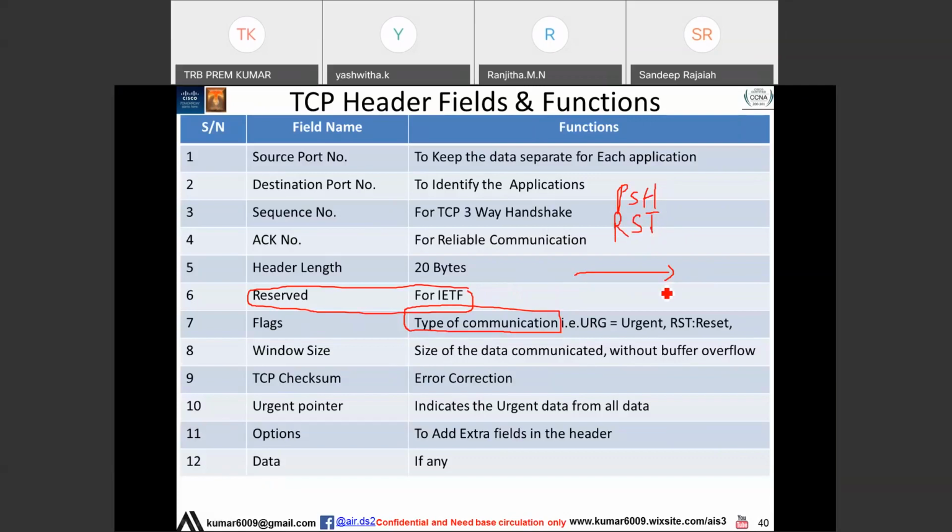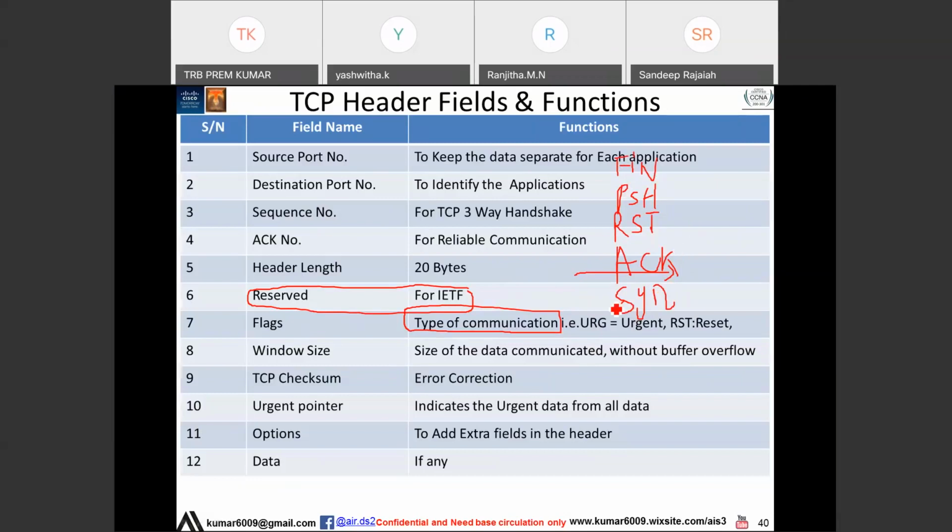For example, take Paytm. Sometimes, if you have not used Paytm for a long time, it will reset itself and ask you to relogin. So this is the reset flag, for resetting the communication. Then we have push, acknowledgement, synchronize; these are all flags. Synchronize, I want to stop the communication. Like that, multiple flags will be there.